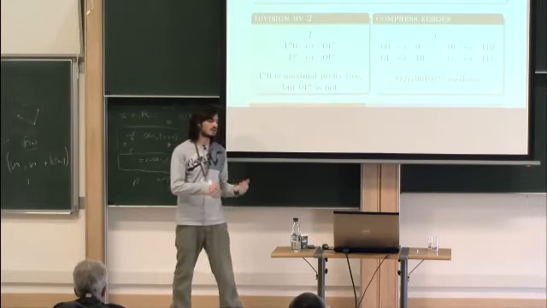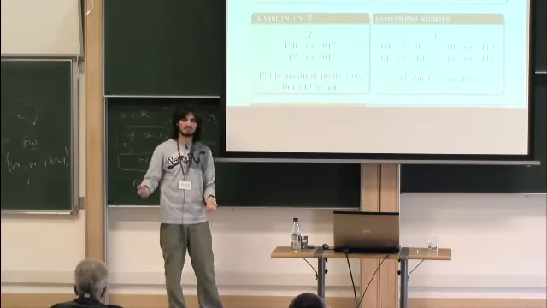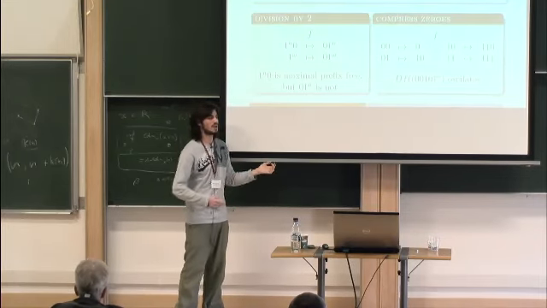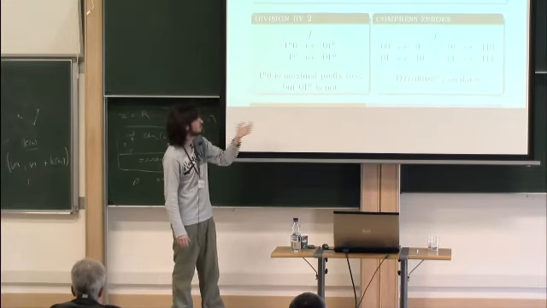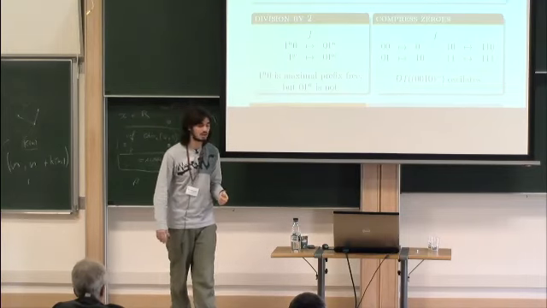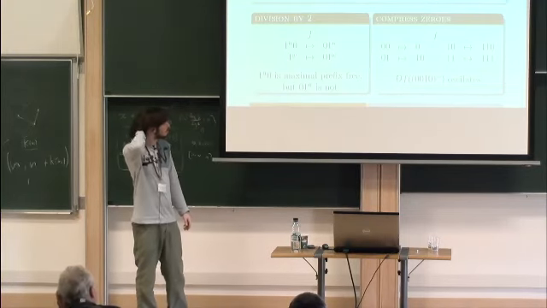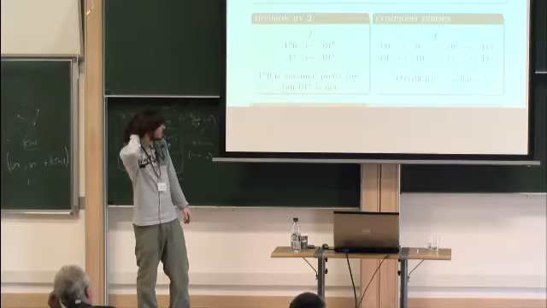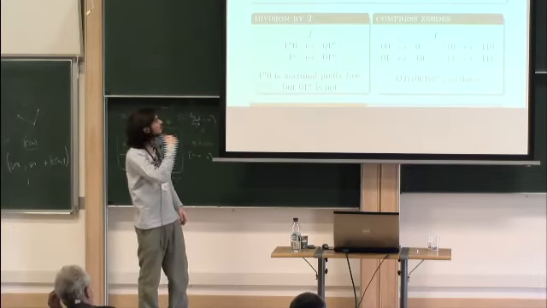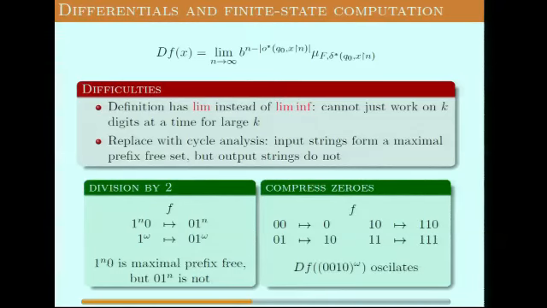We do want, in the middle of the proof, some properties that prefix free sets have, and it would be good to prove that it is one. This forms a prefix free set, but we have to go around it and do some more complicated things to be able to do that. So that's one of the first difficulties we find. And the other is that this oscillation happens in a strange way. So this is the example that was at the bottom before.